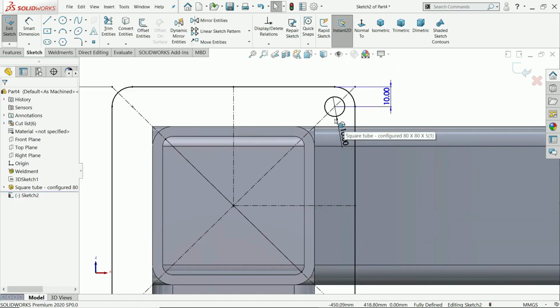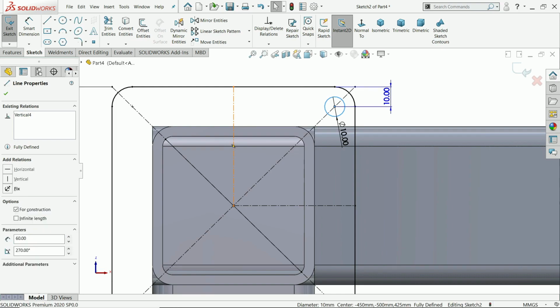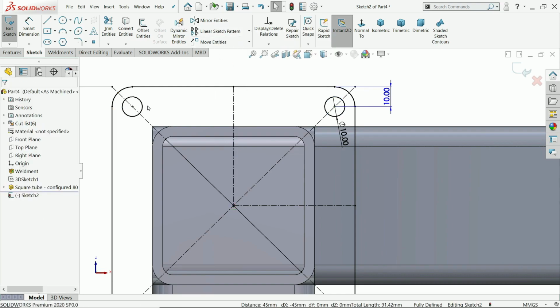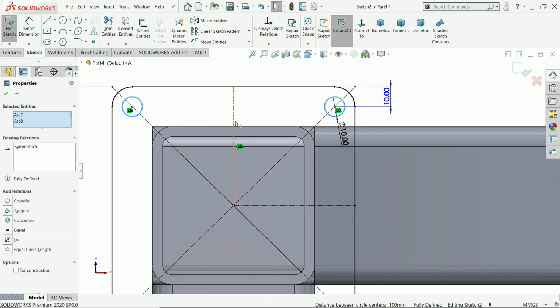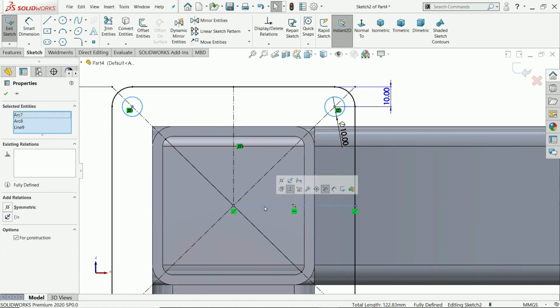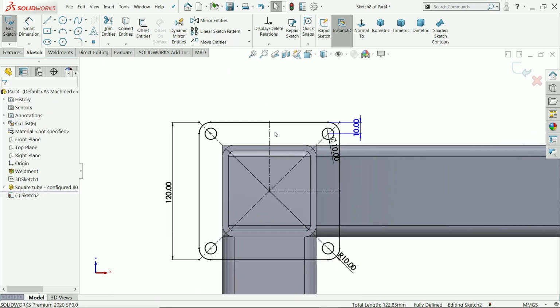How will we do this? Just hold the shift key, select this line, circle and this line, click mirror entity. Now see, it's mirrored. Again the same thing we will repeat. I'll choose both the circle and this horizontal line, click mirror entity. See,